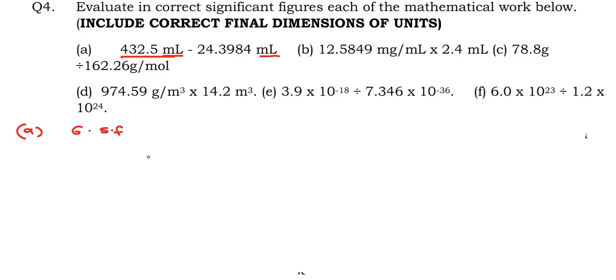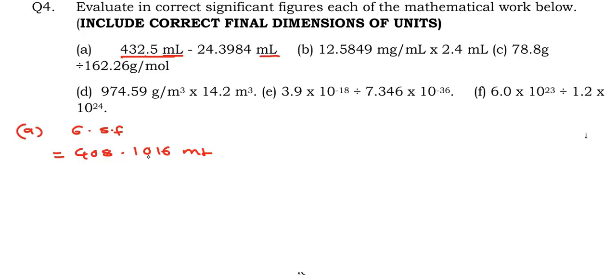All right. So since we have subtraction there, 432.5 minus this, when you punch this on your calculator, my calculator is giving me 408.1016 milliliter. But leaving this answer in this form, it is wrong. What we need is to write the answer in